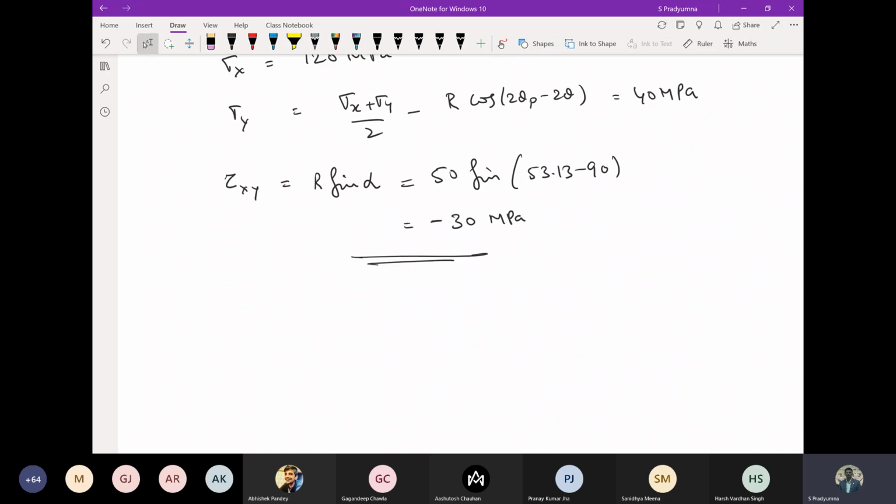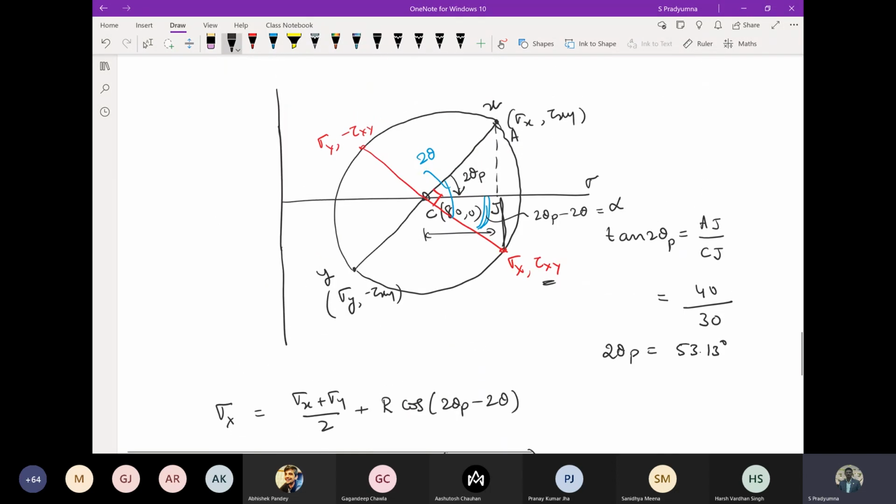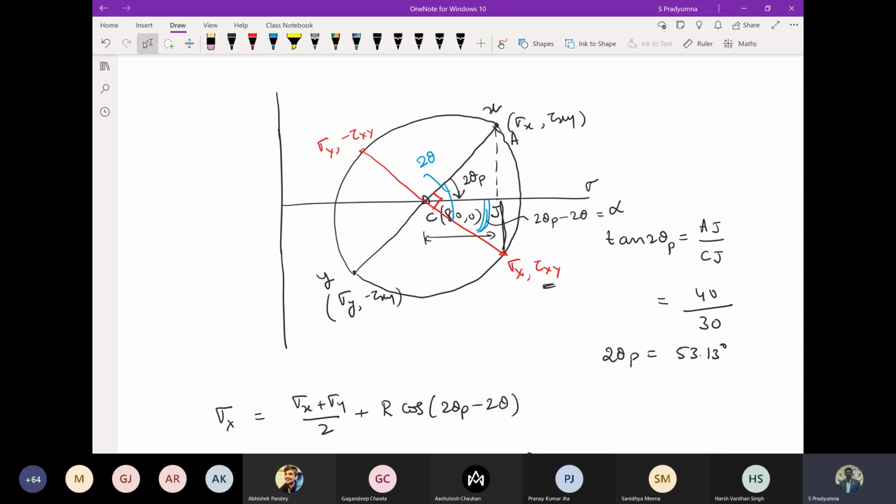Therefore I can obtain the value of these also from the Mohr circle. So either way it's the same. We can do it using the Mohr circle graphically or by using the expressions that we have derived. So you end up getting the same results, right? So is this clear?